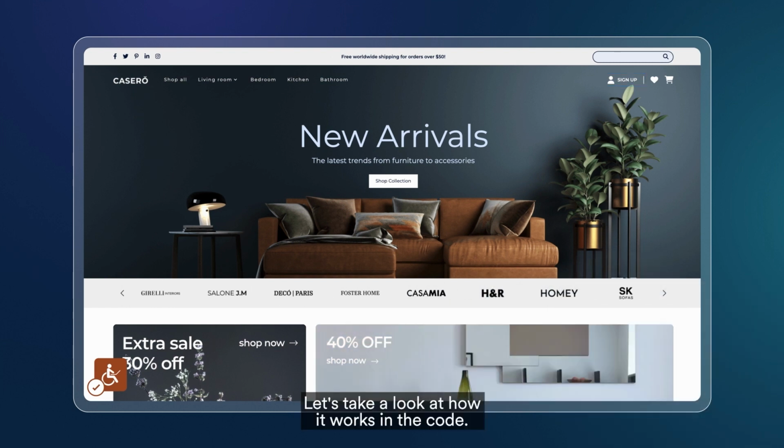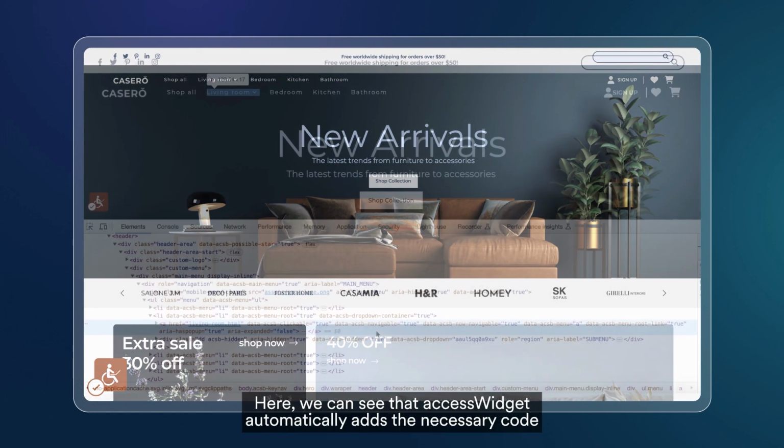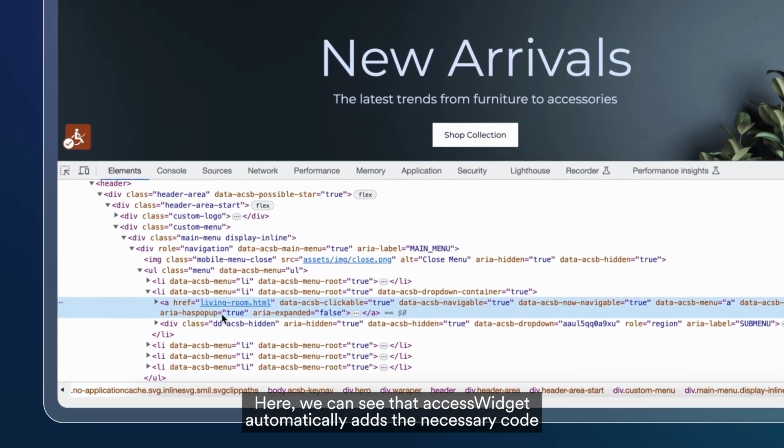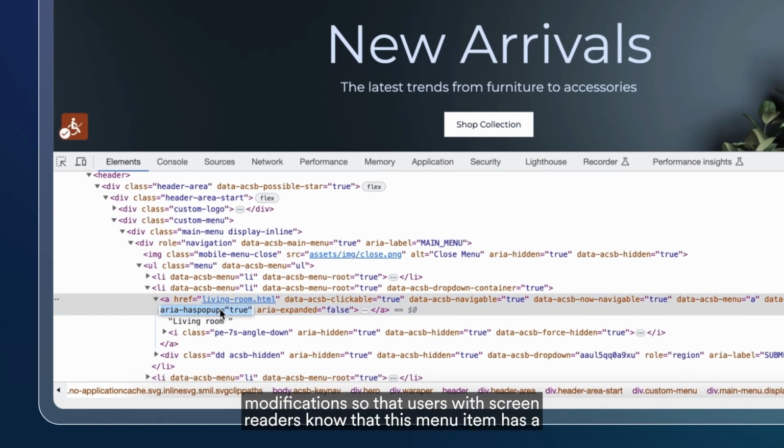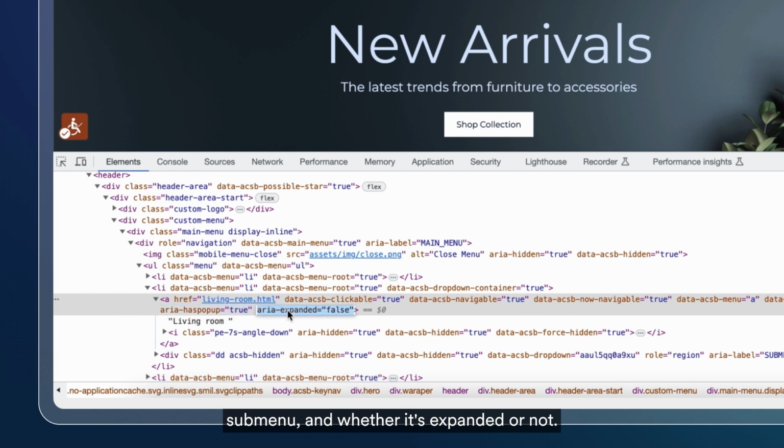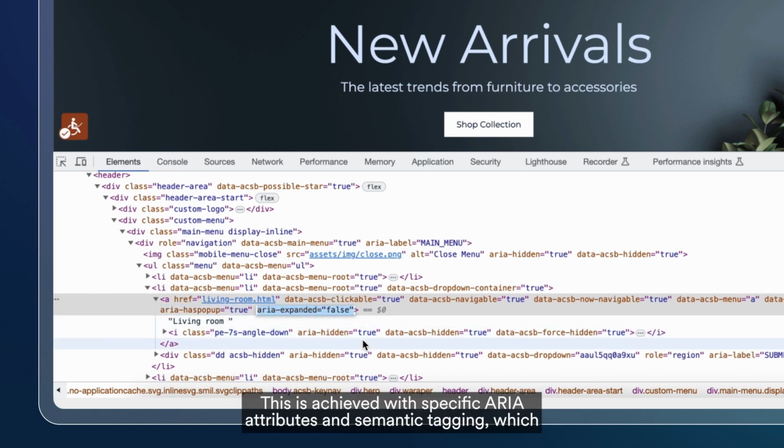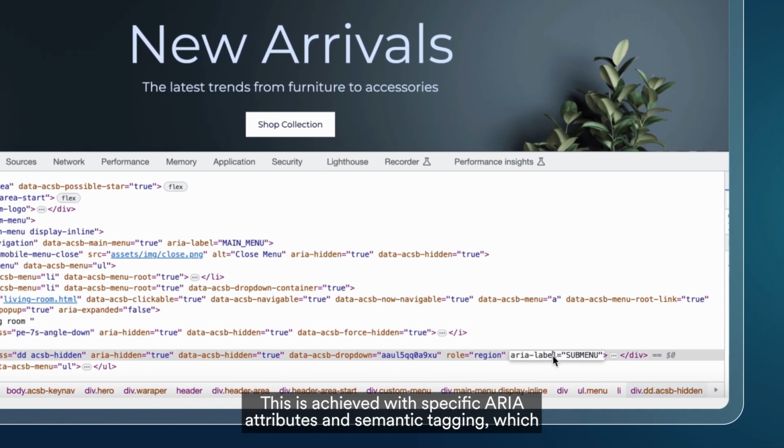Let's take a look at how it works in the code. Here, we can see that accessWidget automatically adds the necessary code modifications so that users with screen readers know that this menu item has a submenu, and whether it's expanded or not. This is achieved with specific ARIA attributes and semantic tagging, which accessWidget automatically creates if they don't already exist in